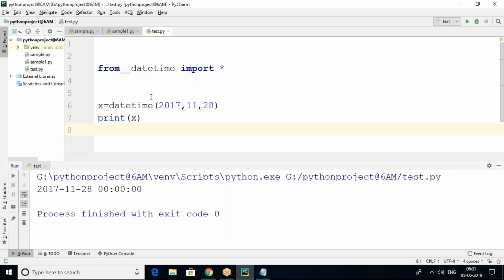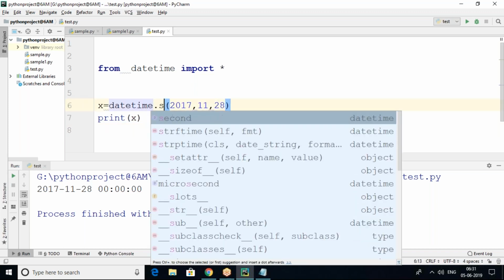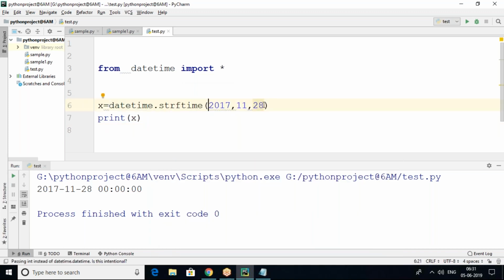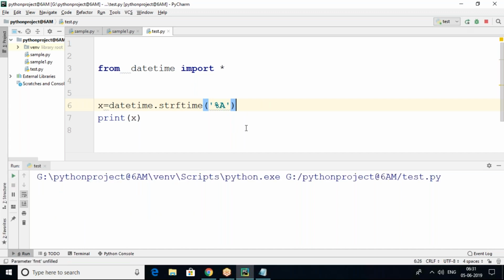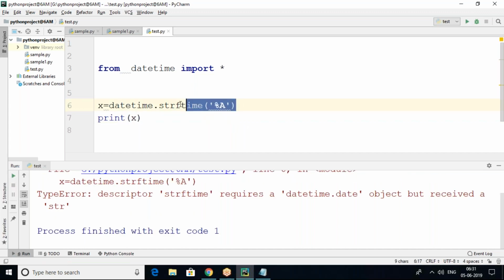For example, strftime. There is an error, just wait.